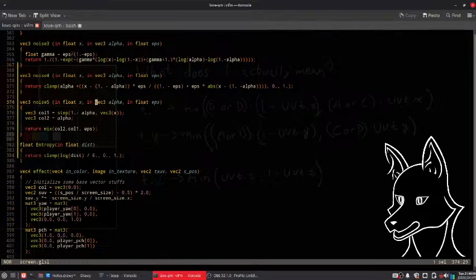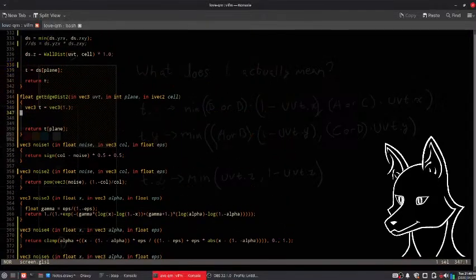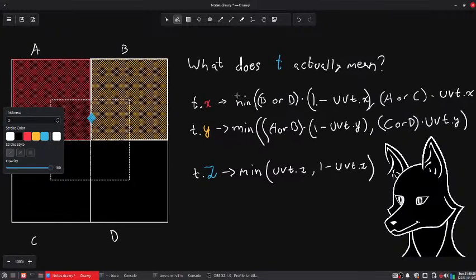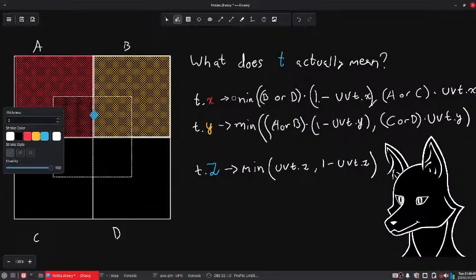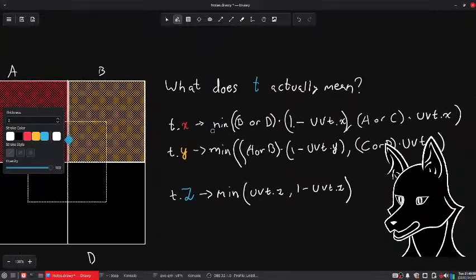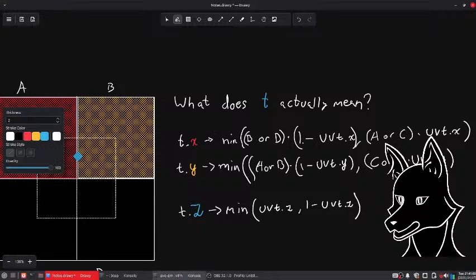So we have this, which means that we need to get the min cell. The minimum cell is equal to the round of the hits minus 1. Max cell is round hit. And then